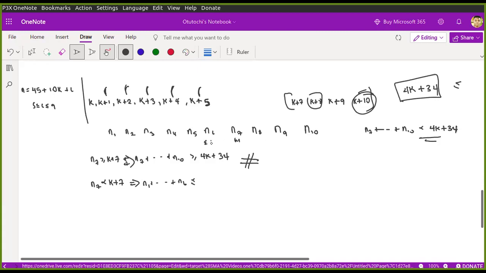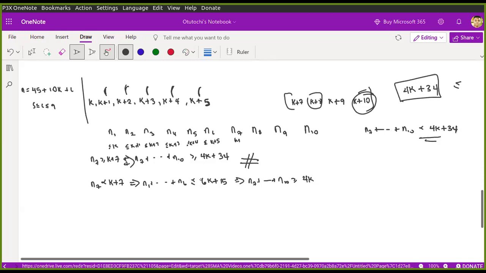So basically, you have this less than or equal to K plus 5, K plus 4, K plus 3, K plus 2, K plus 1, and K. And if you take the sum of that, it's going to be 6K plus 15. So of course, this is going to imply that N7 to N10 is greater than or equal to N minus this, and that is going to be 4K